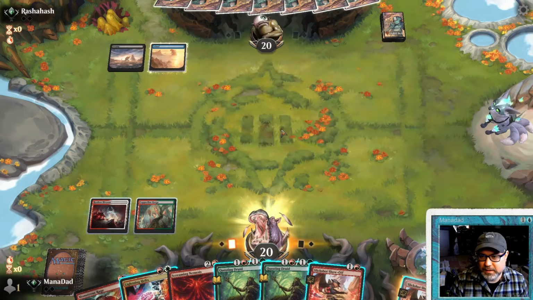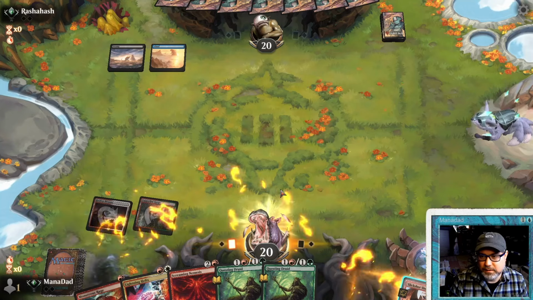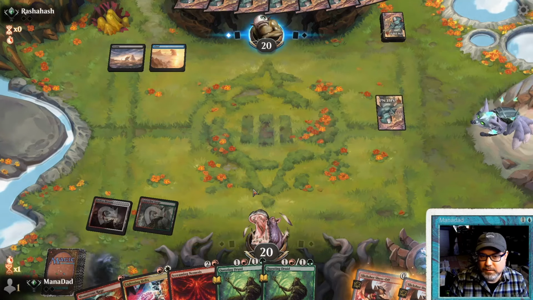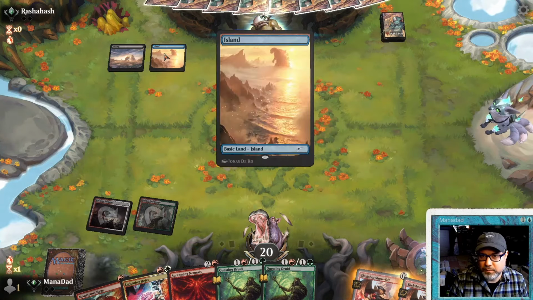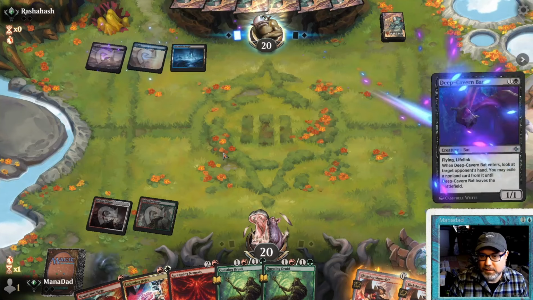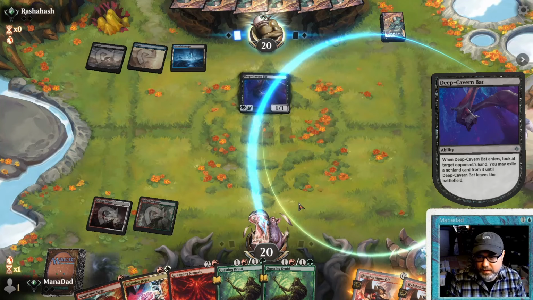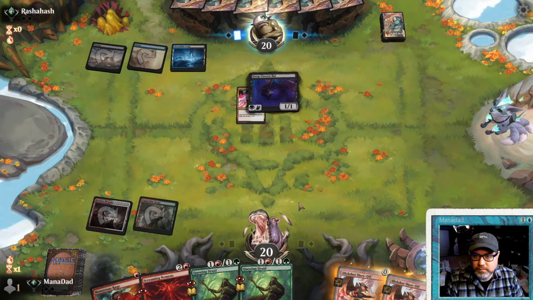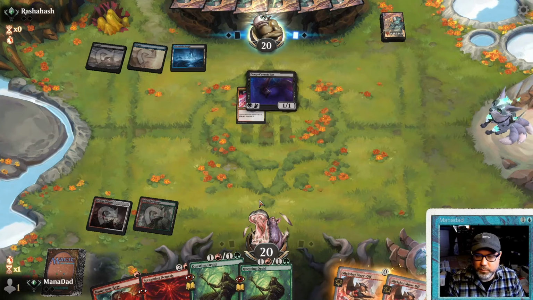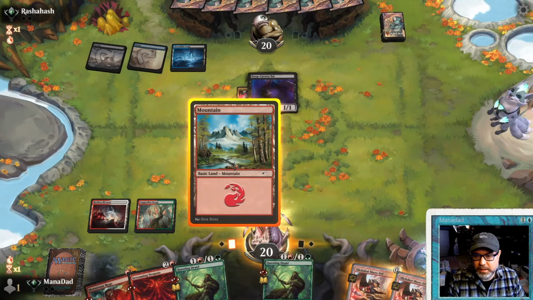Blue-black, they got Godzilla lands. And we got another Slickshot. Right. Do what you want to do, opponent. They didn't even use their mana there. Deep Cavern Bat takes what? They have to take the Helix, or we'll just remove the bat with it. And now they know what we're working with. I guess the question is...